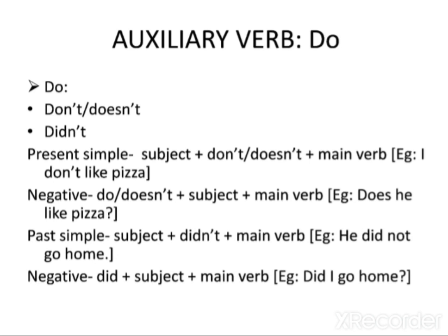And we have to be careful and use the main verb. Okay, the question would be, does he like pizza? If it is a question form, we put the auxiliary verb first: do, does, subject plus the main verb. We also use this in the simple past. Again, only with negative and only with a question. So the way that we change does into the negative is didn't or did not in the past.